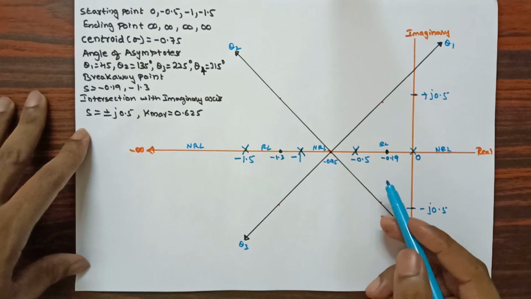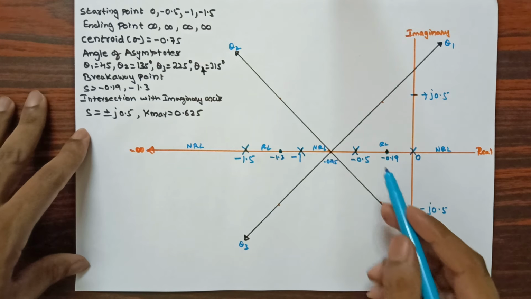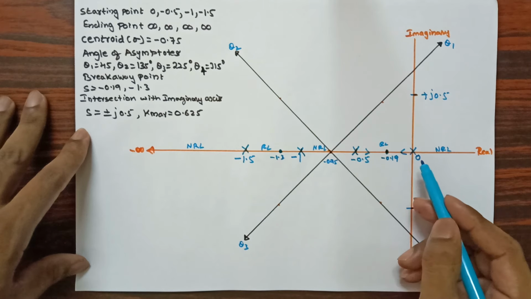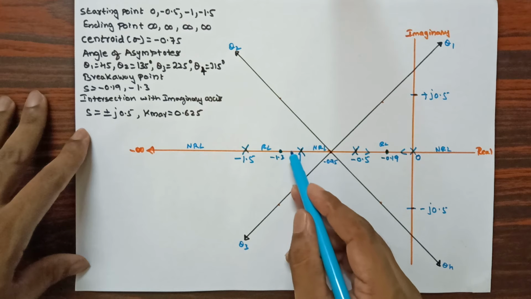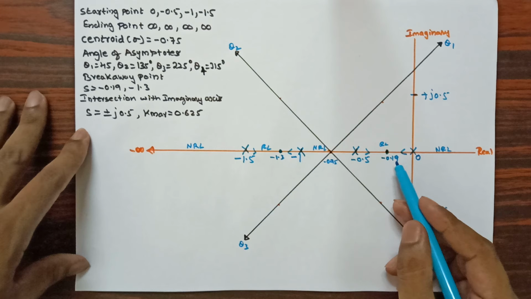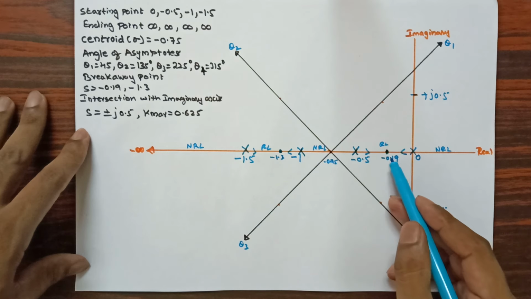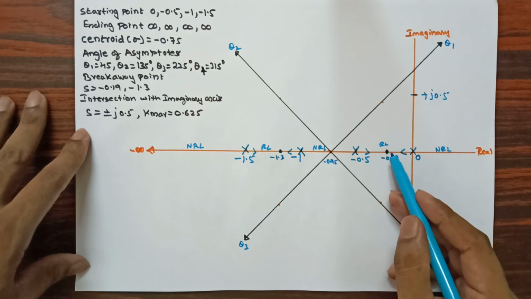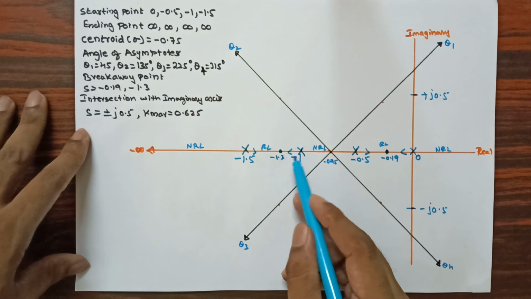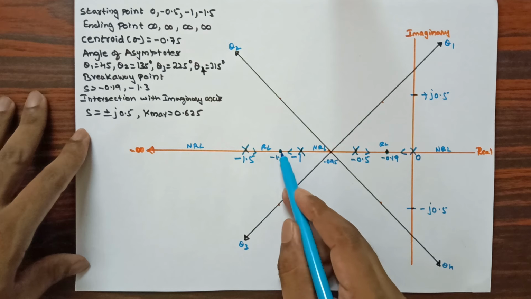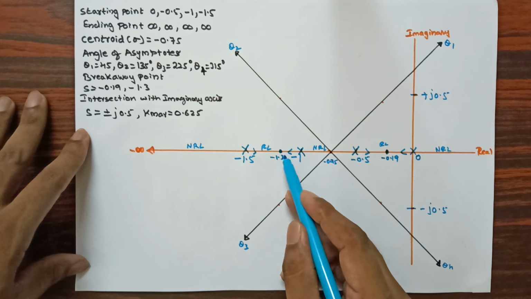Now as we know, poles move along the root locus path, so this pole will move in this direction and this pole will move in this direction, and in this case this pole will move in this direction and this pole will move in this direction. In both cases you can see that these two poles are going to meet at one point that we call the breakaway point. We got the value minus 0.19, where they are going to meet. So this is the first breakaway point, and in this case they are going to meet at minus 1.3. When they are moving in the opposite direction they are going to meet at minus 1.3.